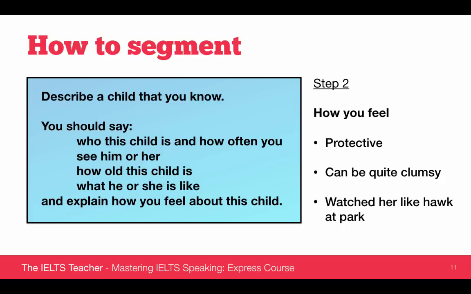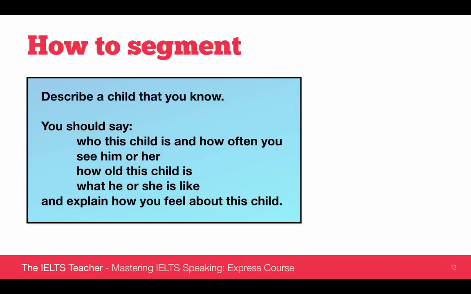Now notice that I'm not using perfect grammar here. You'll notice the missing article before the word hawk, for example. That doesn't matter. When you're planning, forget about the grammar, forget about the spelling. It's all about the speed and the content that you put down on the page. Now, moving to the final step, step 3. And this is all about how we introduce different segments